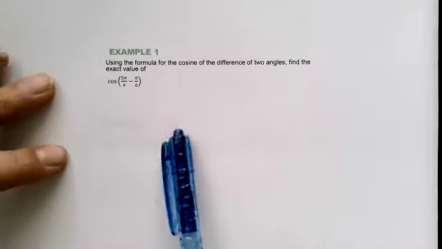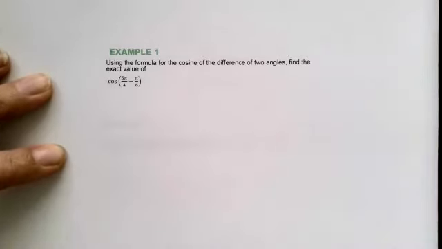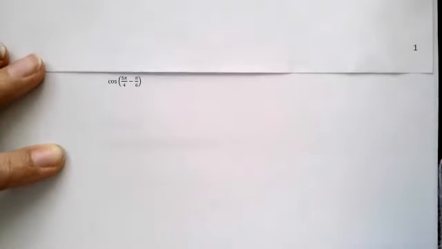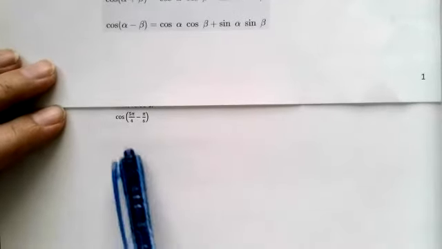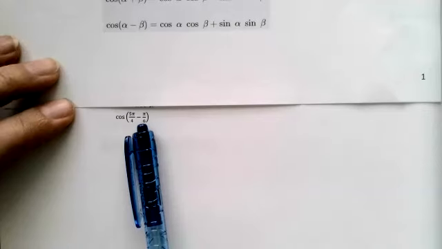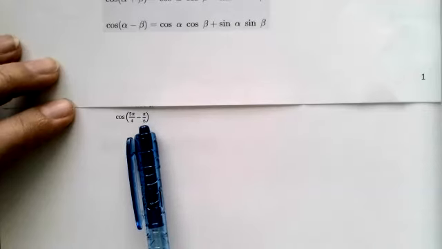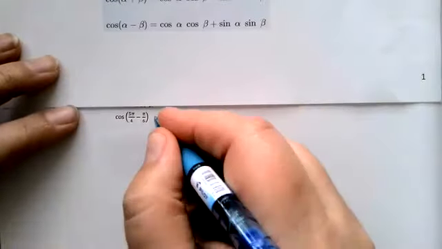All right, so our first example for section 9.2 is example 1, which reads, using the formula for the cosine of the difference of two angles, find the exact value. So it is pretty straightforward. We're going to use our formula that we just derived for the cosine of alpha minus beta. Here alpha is 5 pi over 4 and beta is pi over 6. So applying the formula